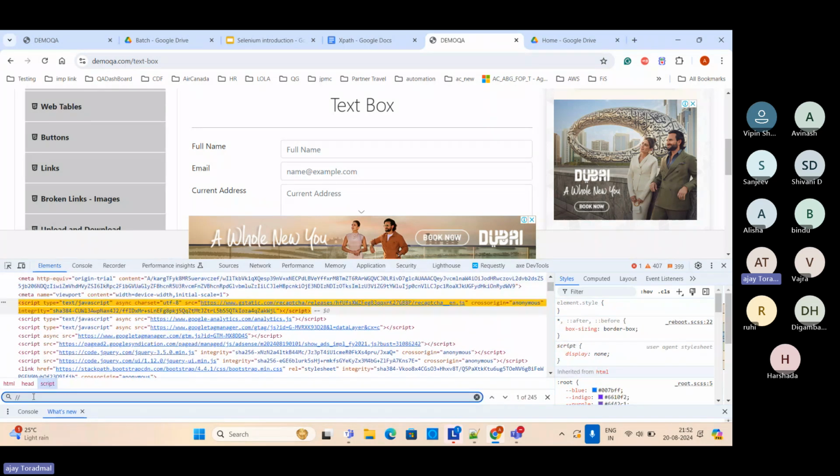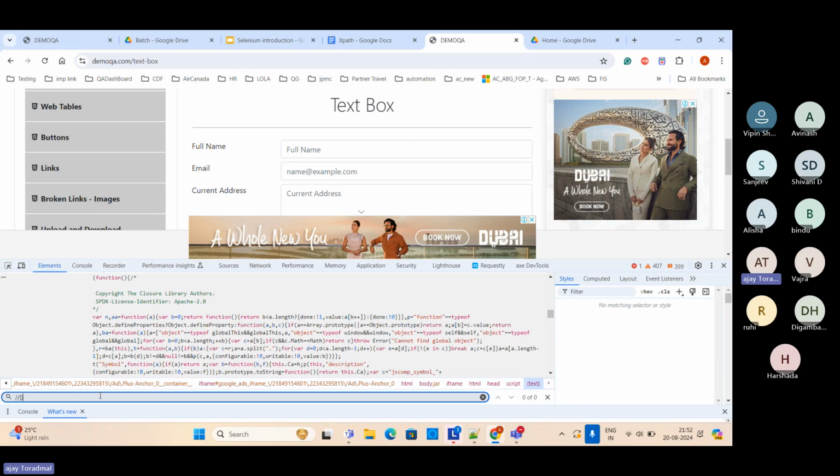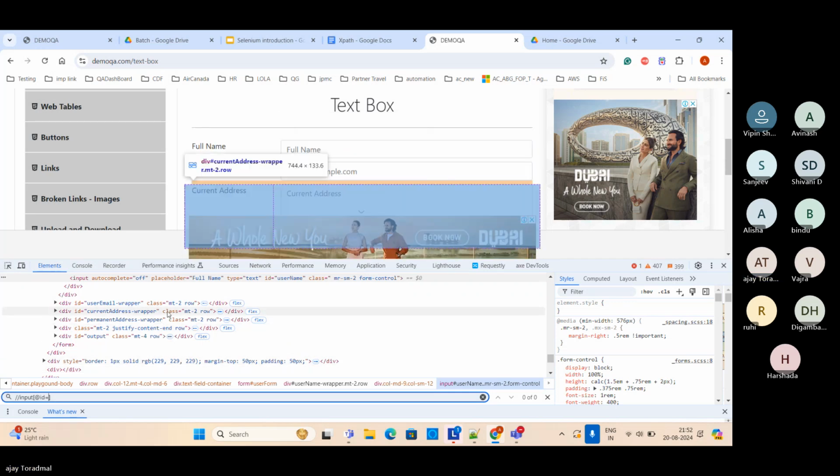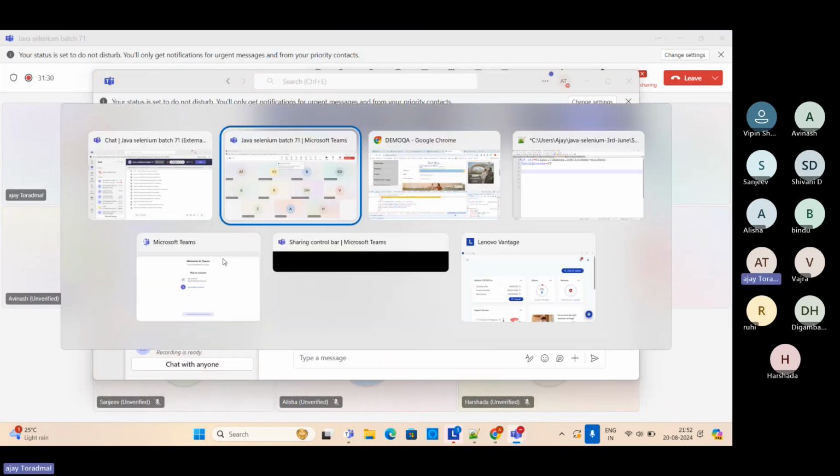So first of all, I will try to write down the XPath for that particular node, this particular element. So how to write? Because we know that ID is there, I'm going to say input, at the rate id is equal to username. Id is equal to username, right? And then